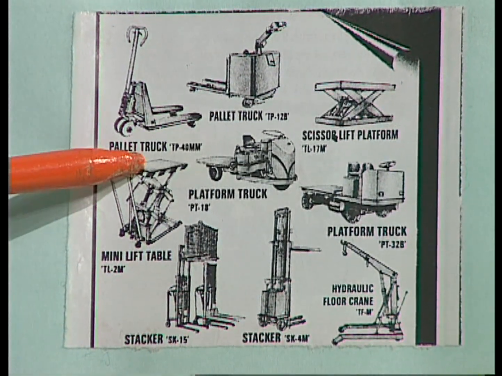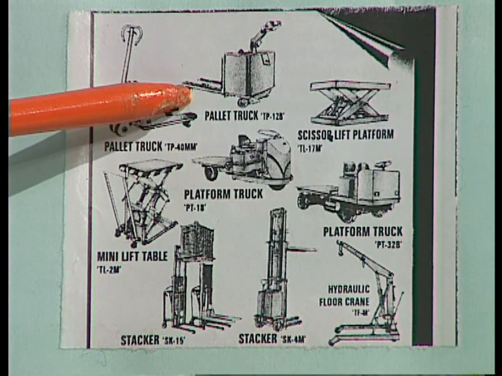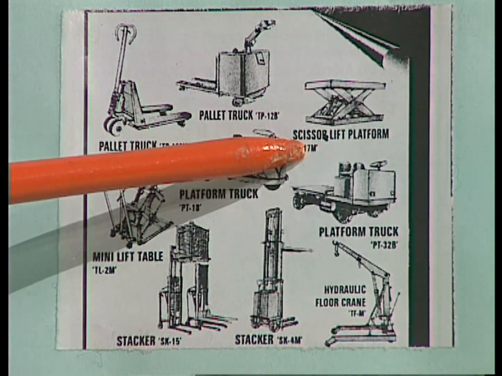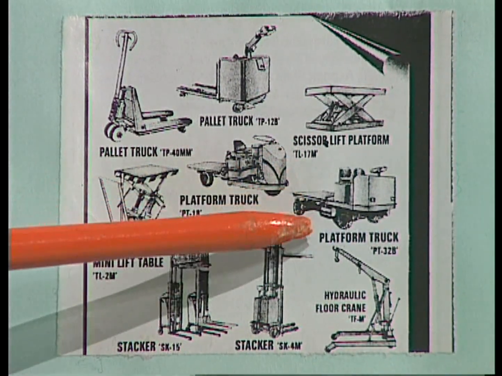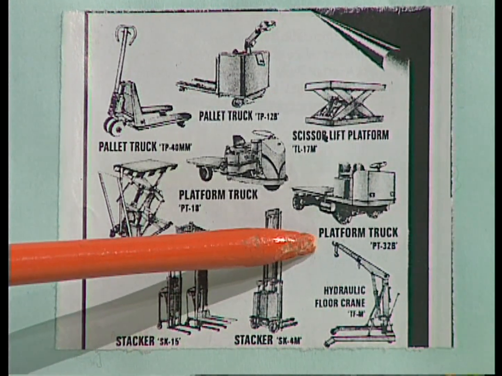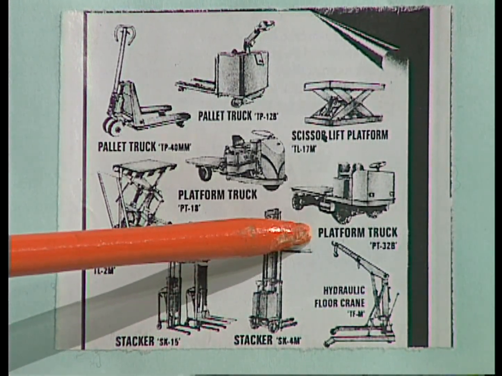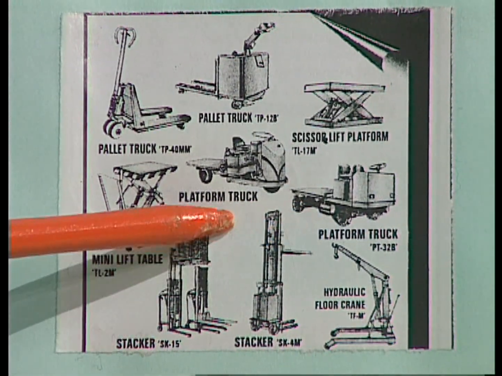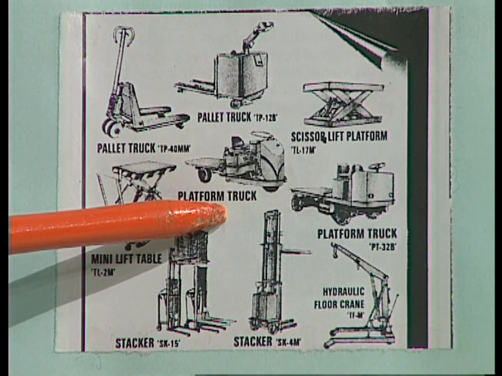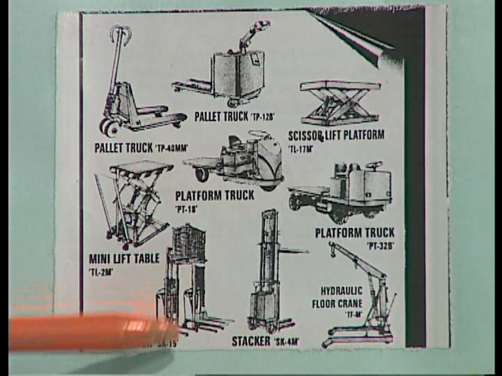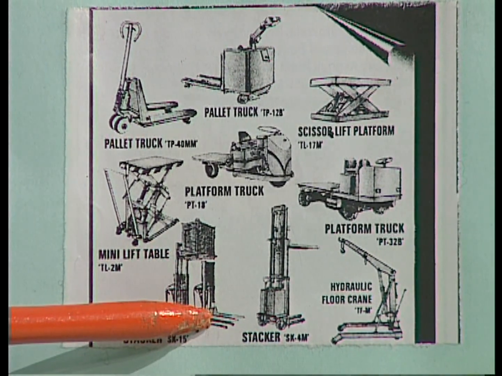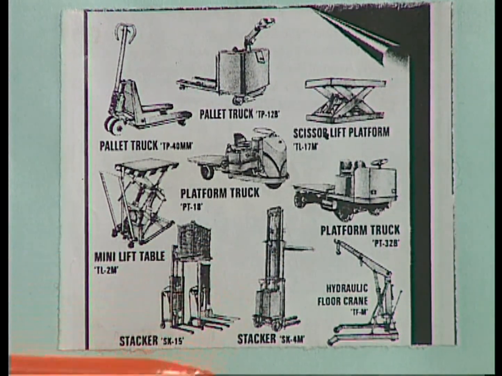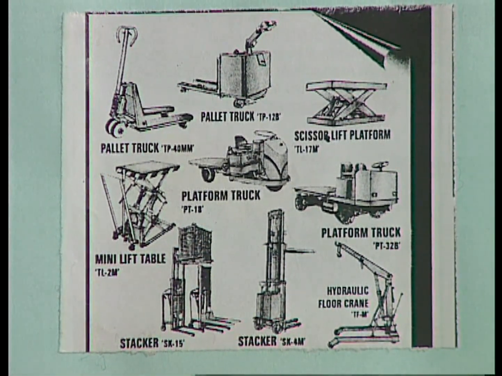Here you can see the pallet racks, both are pallet racks of different types, different capacities, and this is a scissor platform. And coming to here, these are the platform trucks. The material will be put on the platform and they will be moved. Next is another platform truck with different types, different size. Then stackers, here the material will be put and it will be lifted, and again placed in some other place, that is vertical movement as well as horizontal movement.